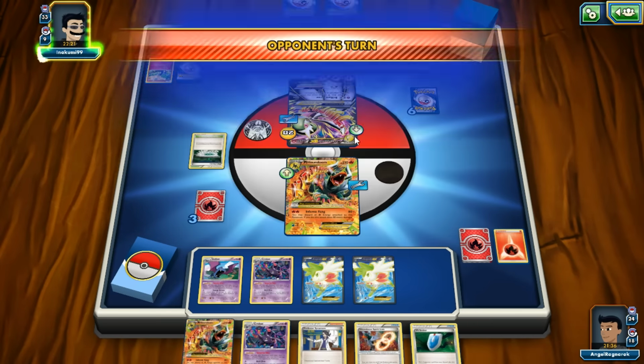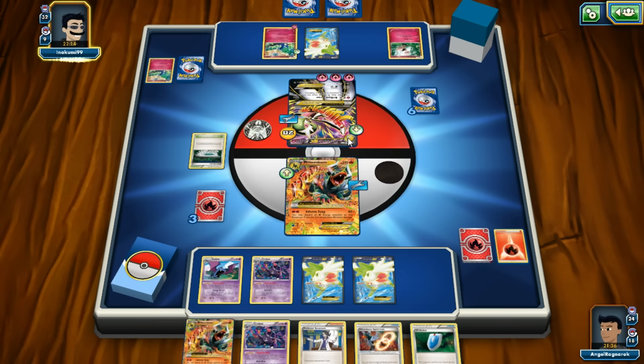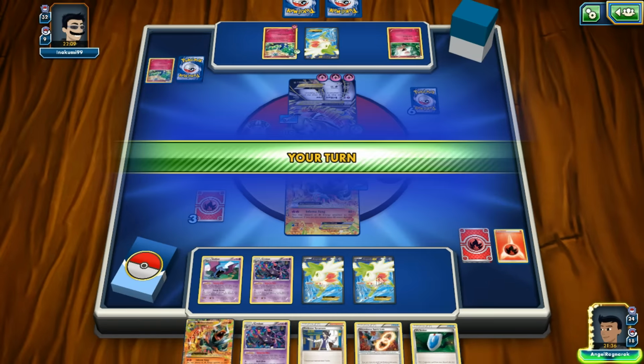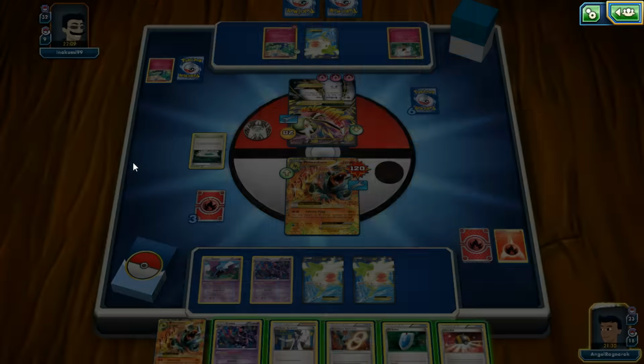Our opponent leads up with Mega Gardevoir. I believe it has 3 energies onto it. It might have more, I really can't tell. I think it has 3. He leads with it, and he's going to do Brilliant Arrow for 120, doing a nice solid chunk of health away from Mega Houndoom-EX. However, we do have another